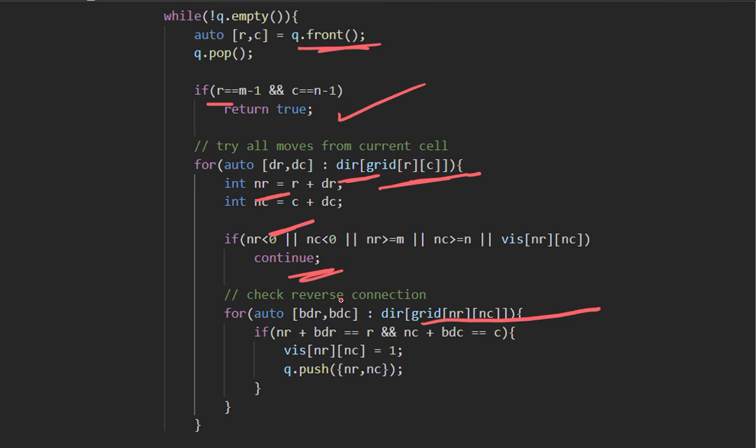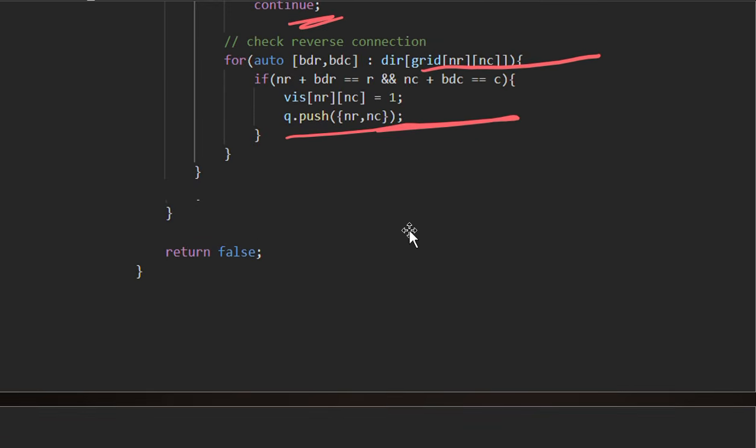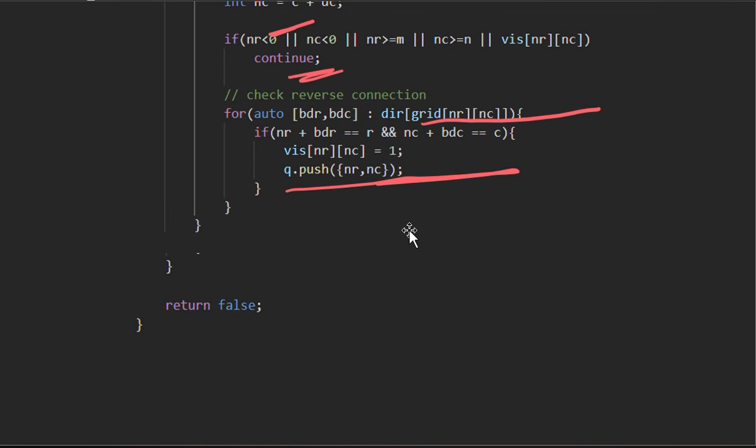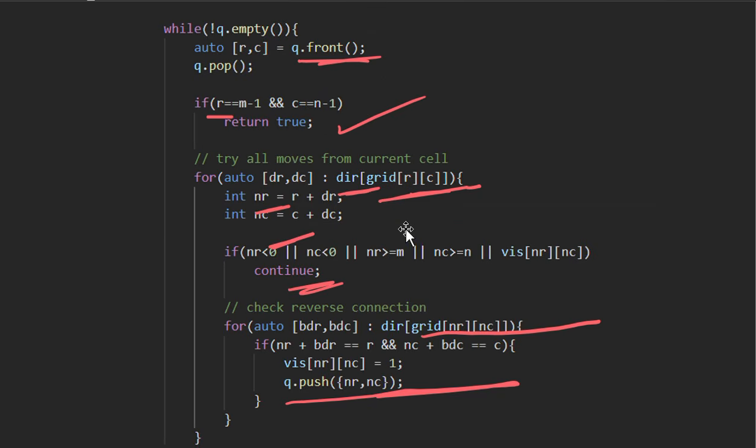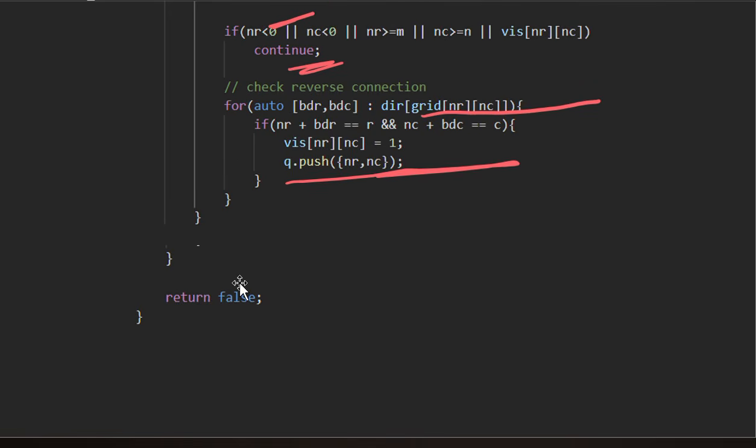If we can go to our current cell, then we'll push this new row comma new column in the queue and mark this cell as visited, and we keep continuing until we either visit all the cells or our queue becomes empty, right? So this way we'll check all the cells. And if in the whole process we are unable to reach cell m minus 1 comma n minus 1, then at the end we will return false.